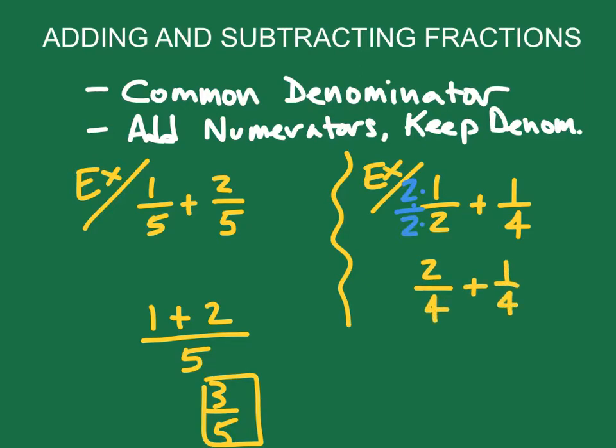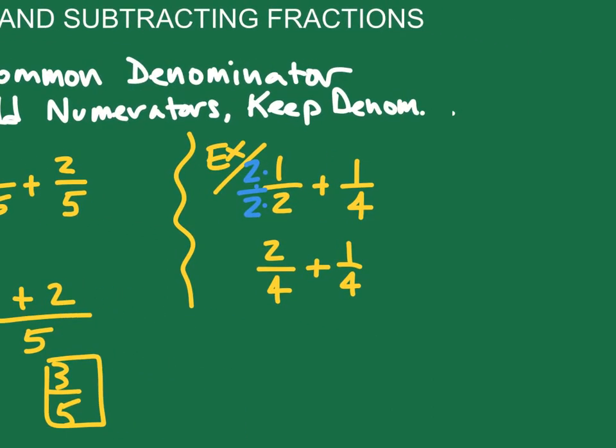Now what I've done here is I haven't changed the value. If I take 1 divided by 2, and I'm going to write this over here, the decimal value of 1/2 is 0.5. If I take 2 and divide it by 4, I'm going to get 0.5. So the only thing I did was I changed the numbers, but my ratio and my fraction is the same. I have the same value, okay? But what I did was I manipulated 1/2 to give me different numbers so that I could then add these two fractions. All right, so now I've got 2 fourths